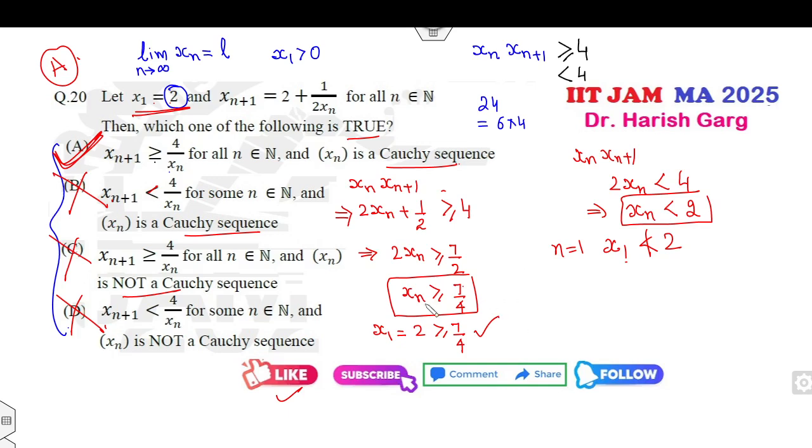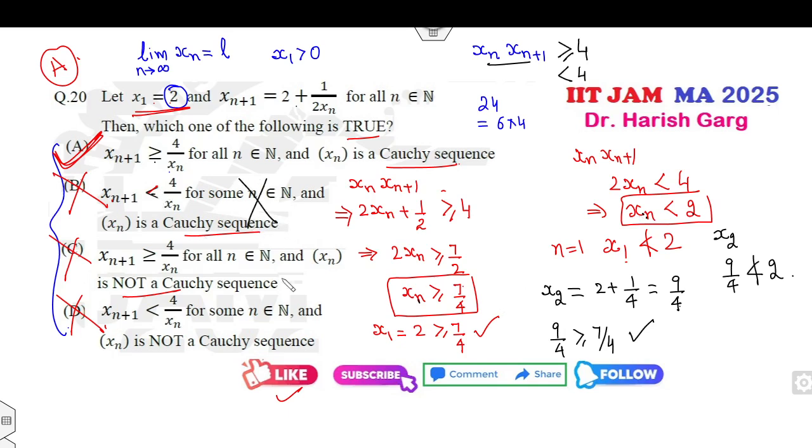आप x2 भी देख सकते हो, बट जरूरत नहीं है. आप x2 निकालोगे, इसका कितना आएगा, 2 plus 1 over 4, that is 8 plus 1, 9 over 4. और x2 की वैल्यू देख लो, 9 over 4 is greater than or equal to 7 by 4, satisfied. बट यहां से फिर नहीं सेटिस्फाइड हो रहा. x2 is less than 2? What is the value of x2? 9 over 4, again which is not less than 2. So second option आपका कैंसिल. आप अगर पहले इससे स्टार्ट करते तो इन दो रिजल्ट से लेस देन वाला ऑप्शन कैंसिल हो जाता, और कॉची बिकॉज ये कन्वर्जेंट हो गई तो आपके पास सीक्वेंस कन्वर्जेंट। फाइन।